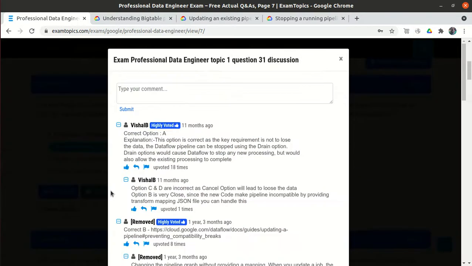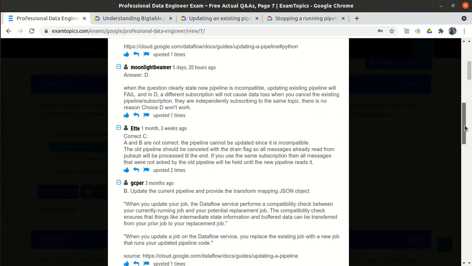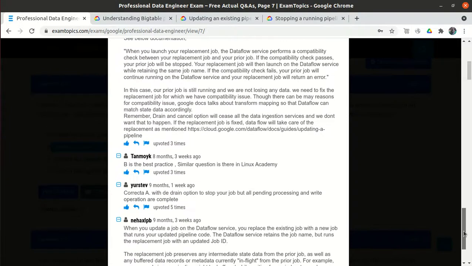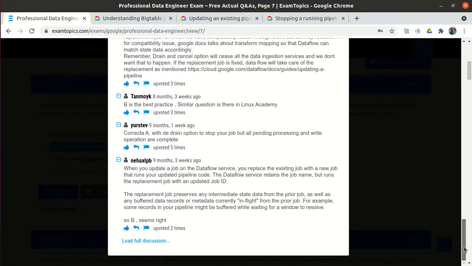If we go to the discussion community, some people say A, some say B, some say C, some say D. So nothing is clearly correct, but I have cross-checked on many other websites, and there it is mentioned that B is the correct answer.